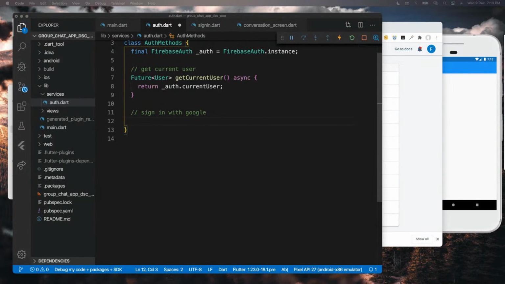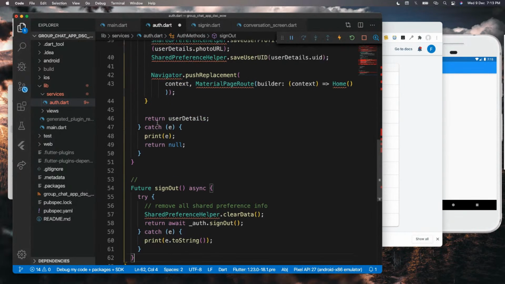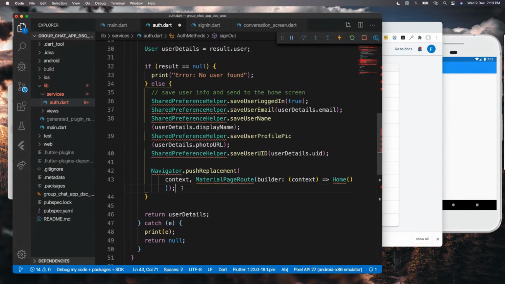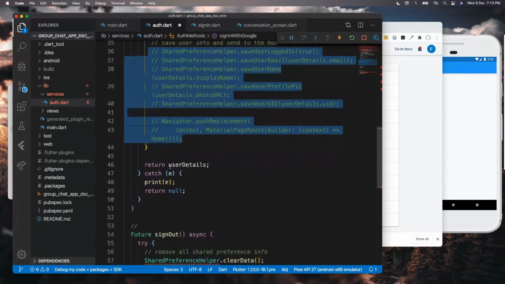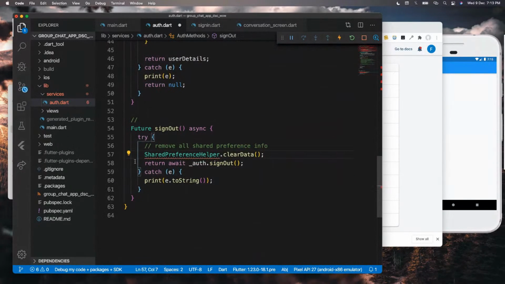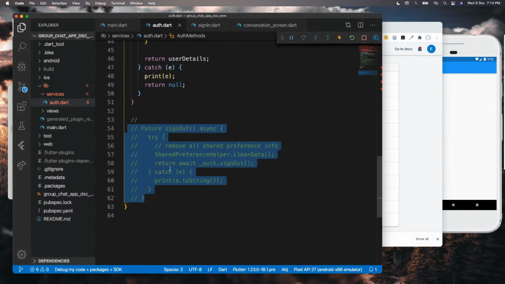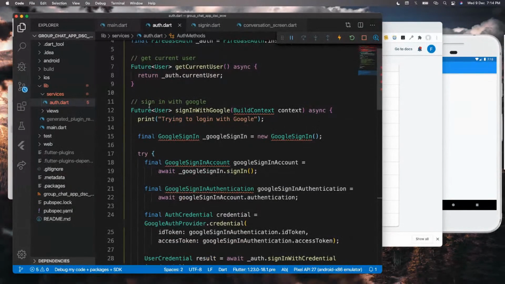But basically, the one thing which we will be focusing on is explaining where we need to change. So if you are creating it for yourself, you will be able to easily use that. So let me just comment the code which is not going to be same. This one. Okay. So this whole particular section of creating sign-in with Google and build context, it's going to be